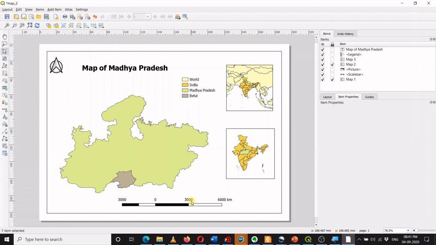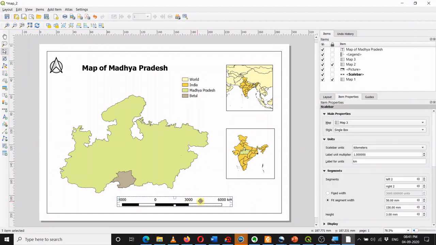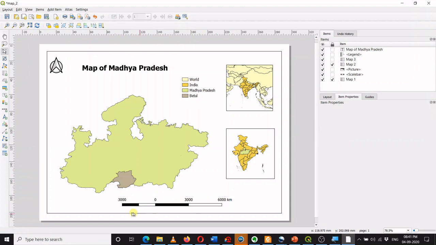Now you can see this is the scale, and this one segment is 3000 kilometers. Definitely this length is not 3000 kilometers for this map, so we have chosen the scale of another map.